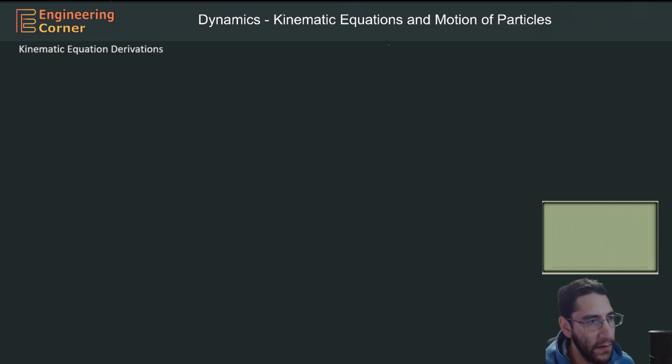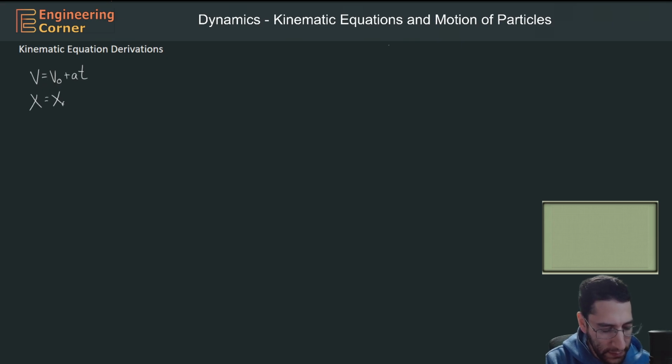is to go over kinematic equations and the motion of particles. And what I mean by kinematic equations is the equations that we use a lot of the times, which is: our velocity is equal to initial velocity plus acceleration times time. My position is equal to an initial position plus an initial velocity times time plus 1/2 times my acceleration times